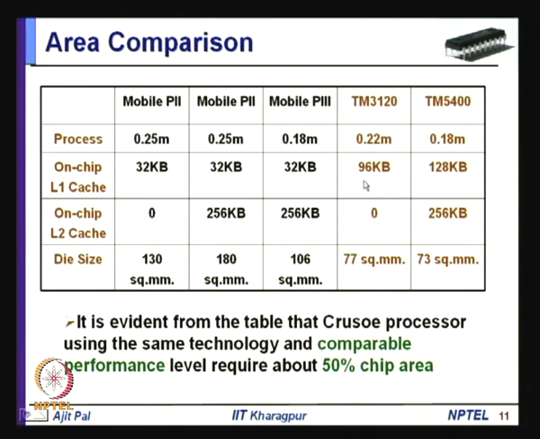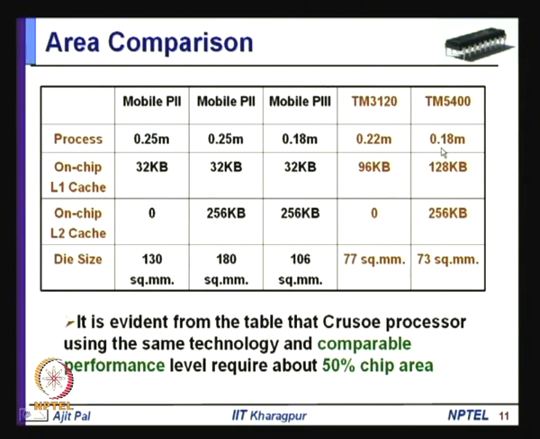As a consequence, they can afford to provide more cache memory. So, this is the 64 kilobyte of cache memory available in TM3120. Of course, it has no on chip L2 cache memory, but the second generation processor